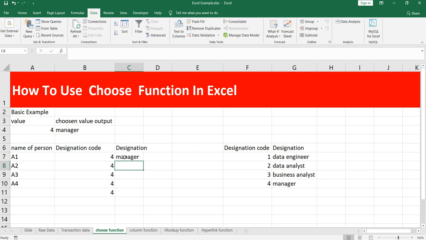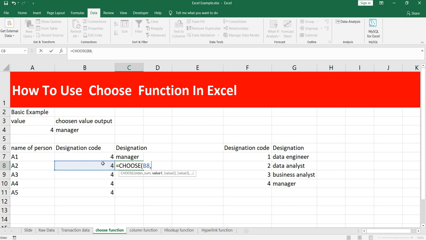Now in order to use this formula in a much larger data set, what I need to do is get the designation for all of these values. Let's take A5 also. Now how should I apply the formula? The first thing you need to do is choose an index number. So first I need to input the function, which is choose, and then it's asking me the index number. So I'll put this index number, which is currently in cell B8, which is 4, okay.